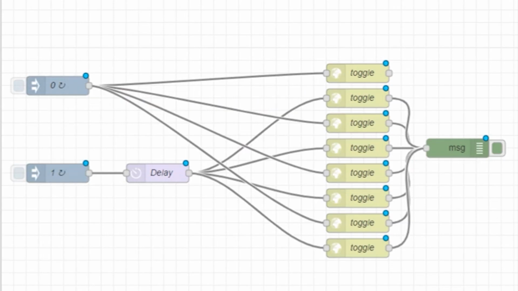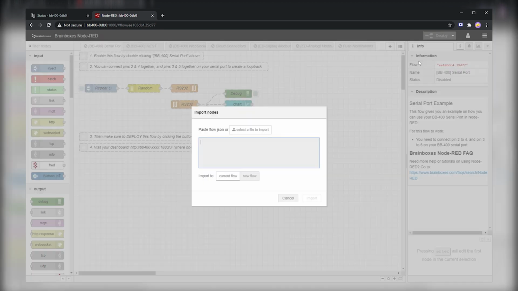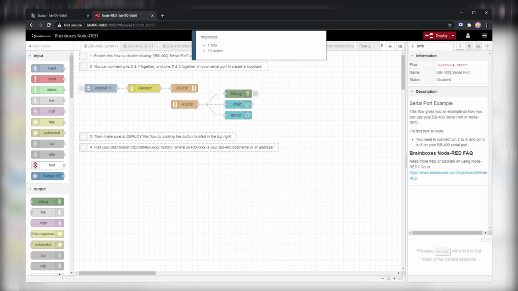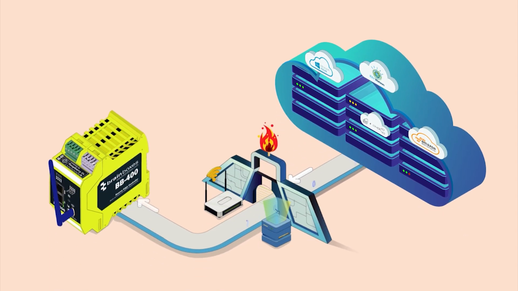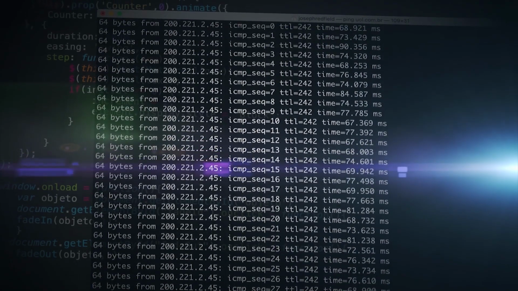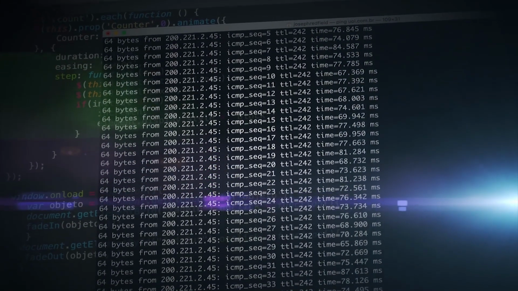We'll be running two custom Node-RED flows. You can copy the code in the description below into Node-RED's clipboard for a quick and easy setup. The first Node-RED flow is simulating real-time data from the BB400's 8 I/O inputs by toggling between and sending a 1 or 0 at random intervals to the I/O count level. This will give us a timestamped series of data that we can search back over.